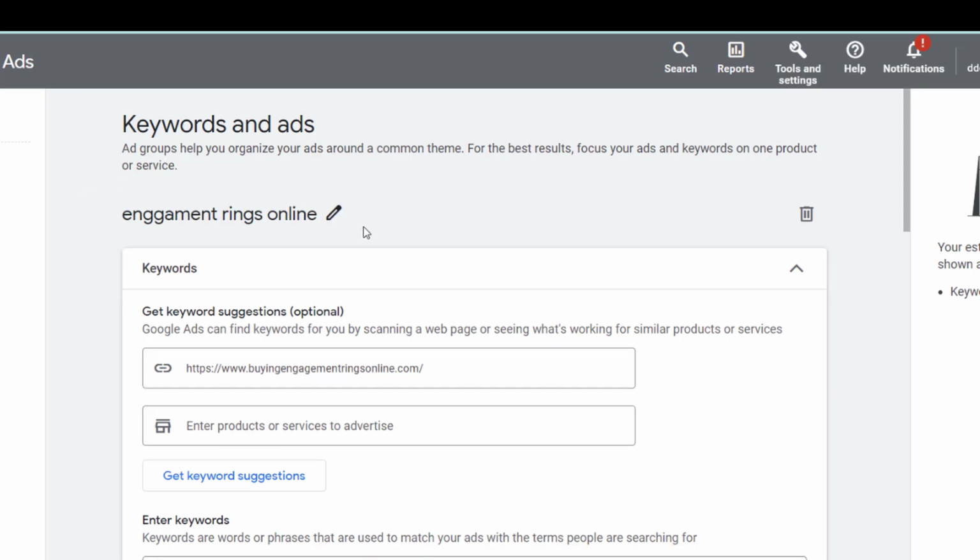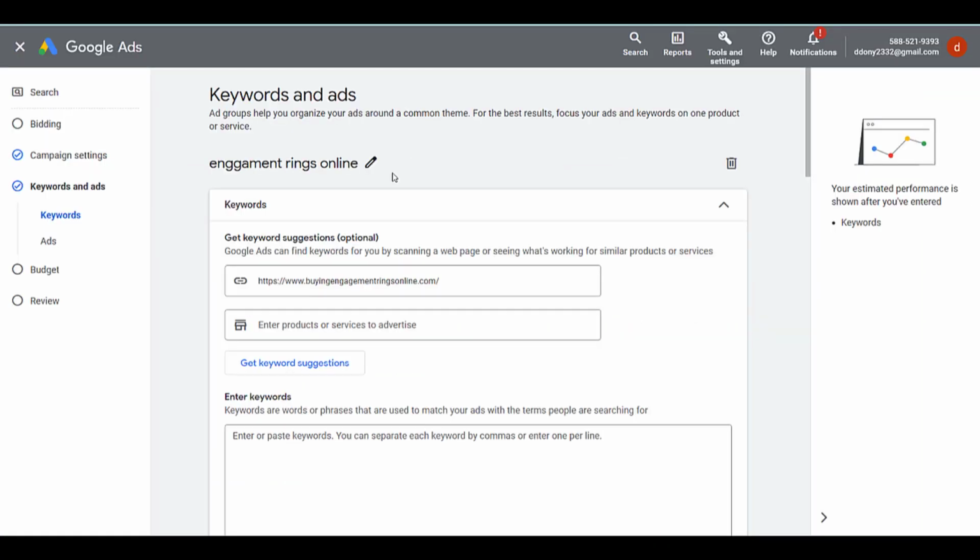Once we have named our ad group, we will then focus on selecting the right keywords and crafting the perfect ad copy to go along with them. We want to make sure that the keywords and ad copy are tightly related and will attract the right audience.